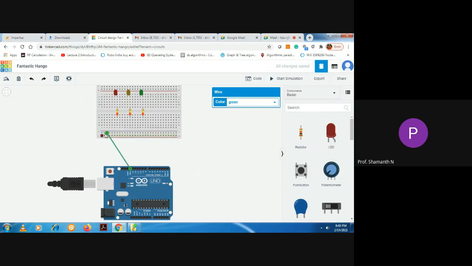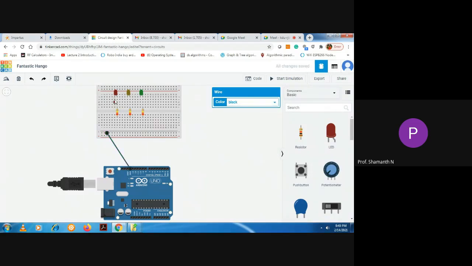Usually the top and the bottom will have two separate rails, basically used for connecting the ground pin. So select any of these plus symbol pins or minus symbol pins and connect it to the ground pin. As I told, when you connect to the ground pin, the white should be changed to black. So change to black.